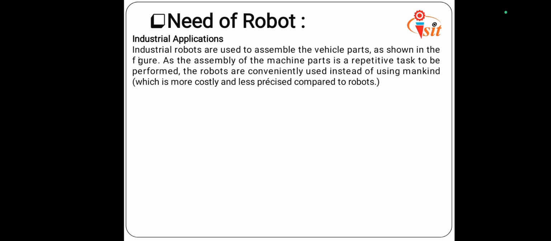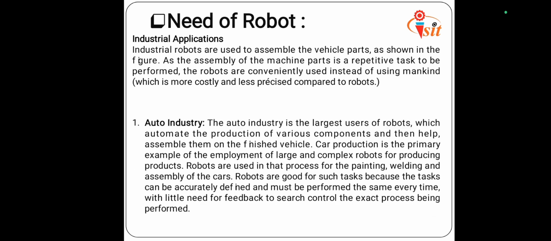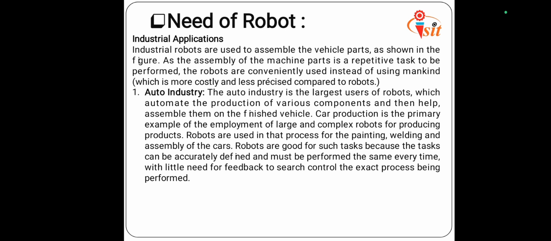Industrial application, which is a very important application. Industrial robots are used to assemble the vehicle parts, as the assembly of machining parts is a repetitive task to perform, and robots are conveniently used instead of mankind. If a task is given to a man that is a repetitive task, sometimes that man cannot work on that assigned task repeatedly. So this task robots can perform very easily, especially in case of